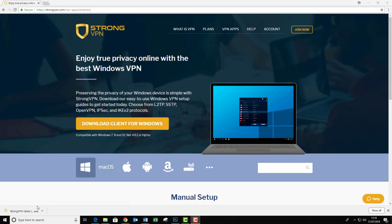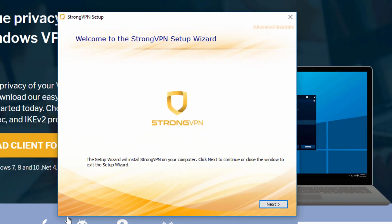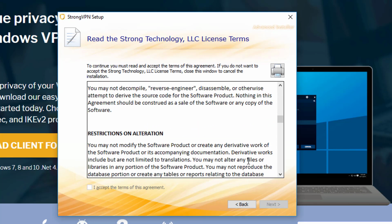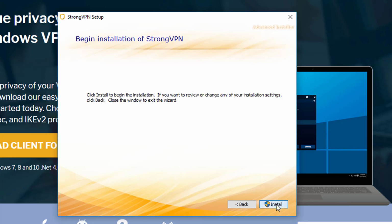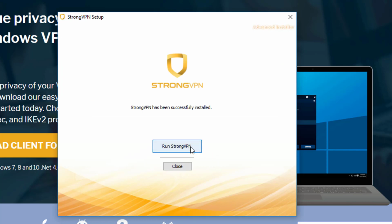Once that's downloaded, you just need to click the download file here, and at this point there might be a pop-up. If there is, just click yes, and then next you'll see the StrongVPN setup where you just need to click next and have a quick read through the license agreement and scroll to the bottom there, and when you've done that you just need to click the box that says I accept, and then click next, and then click next again and install. And then you just want to click yes on the next pop-up that comes up and wait for that to download, and then click run. Yes again,